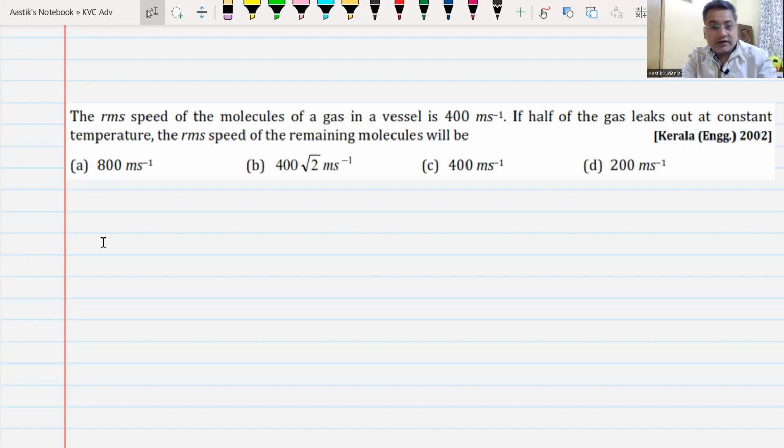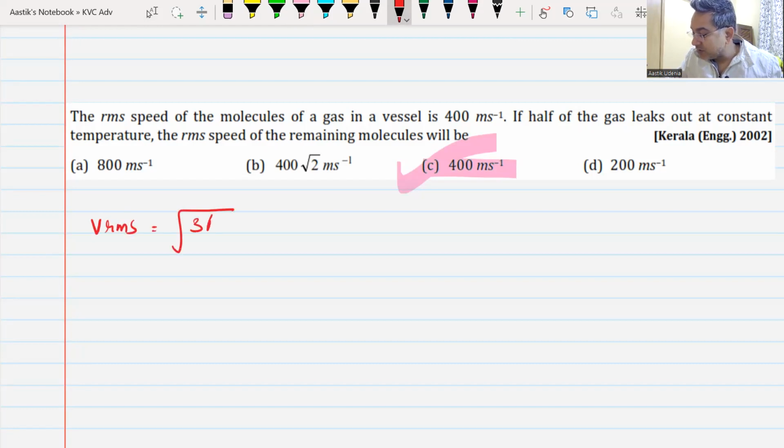What is the answer to this one? You don't have to calculate because you cannot calculate anything here. The answer is same. The RMS speed of gas molecules does not depend on the number of molecules which are present. You look at the formula and I have given it so many times. It only depends on root over 3RT by M. It depends on temperature and it depends on the molecular mass of the gas. Gas escaping out does not change the molecular mass of the gas and therefore the answer remains same. The speed remains same. Do we understand this? Yes, sir. Yes or no?